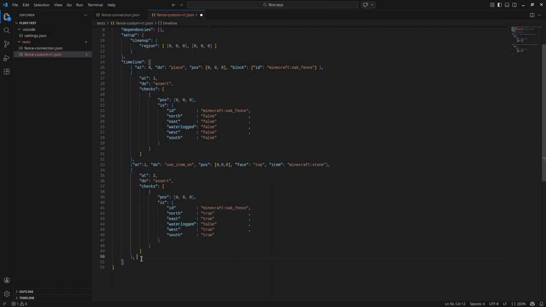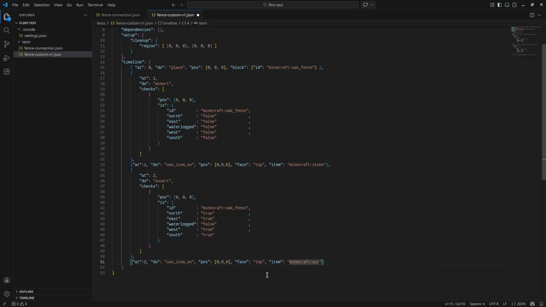Then we will now use it without an item, add 2, do use item on, again the same position, face top, item, and